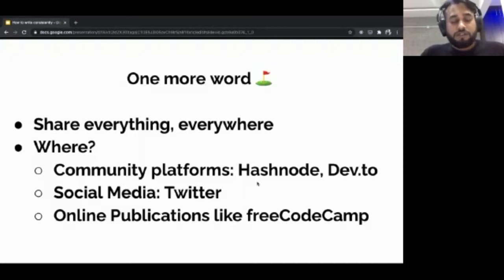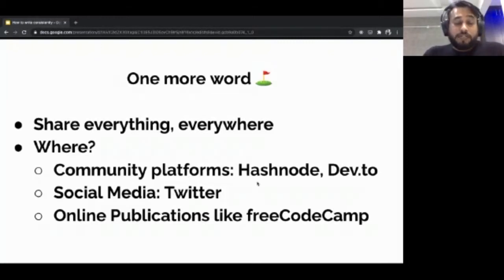And you can also continue sharing your posts on forums like Hacker News and Reddit. I would say do share, be brave, because the kind of criticism you get there, sometimes it is constructive and sometimes it is not. And only by sharing on these kinds of platforms, you would get to know how to find the difference between constructive feedback and not so constructive feedback.